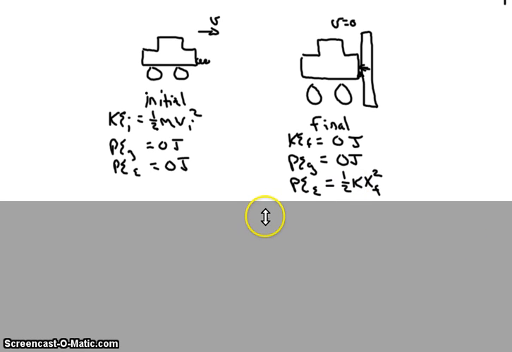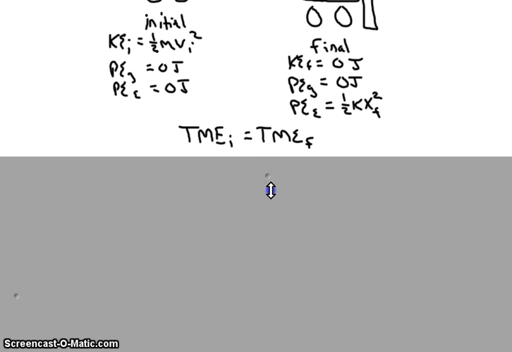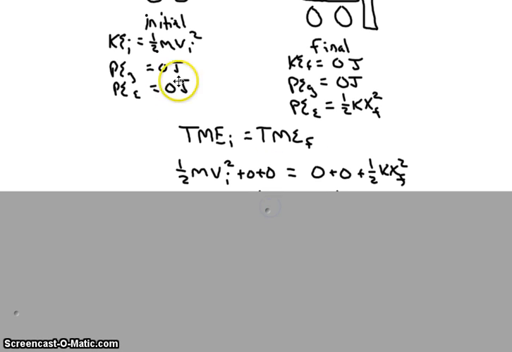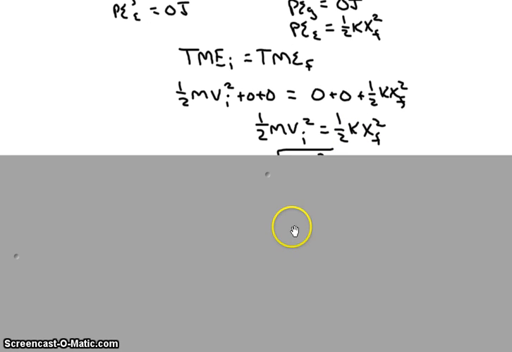back. So at that point, we can set our total initial mechanical energy equal to our total final mechanical energy, assuming we're not losing energy to friction and things like that. We should conserve it. So setting this equal to the quantities that we categorized over here, we should come up with our equation, and it simplifies to just the kinetic energy all being turned into spring compression energy, elastic energy,